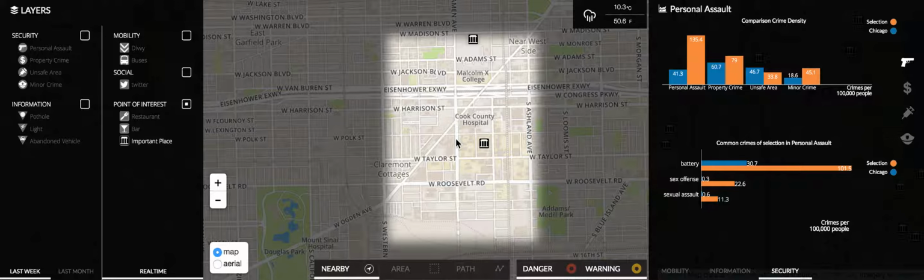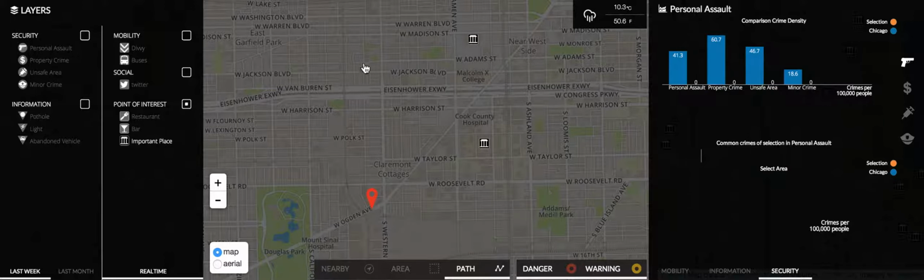This application is meant to display recent data and real-time data of the city of Chicago and of a selection of the user. At the beginning, the user displays a small region around the place where he or she is, but it can also select a path